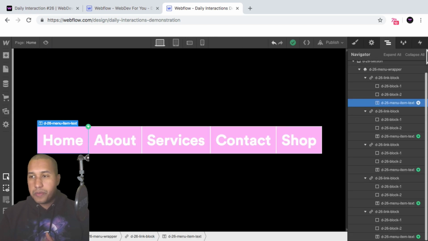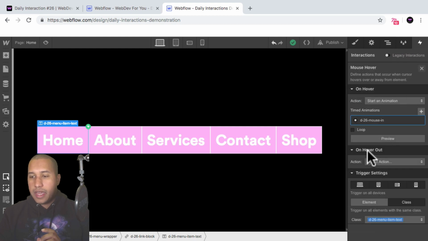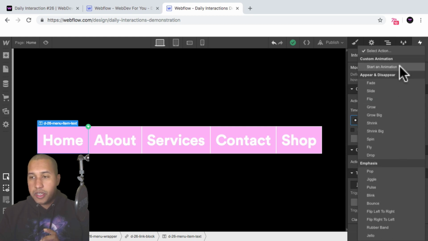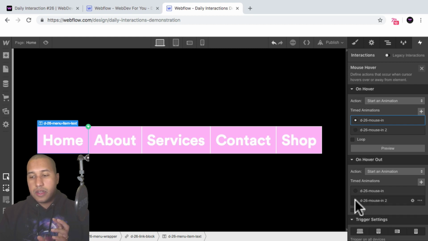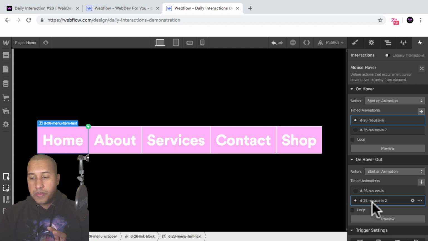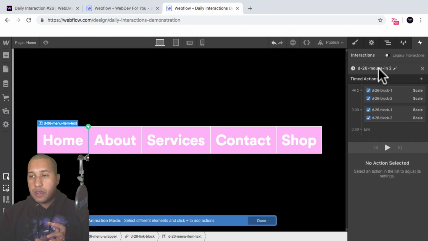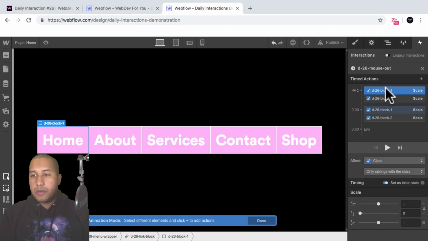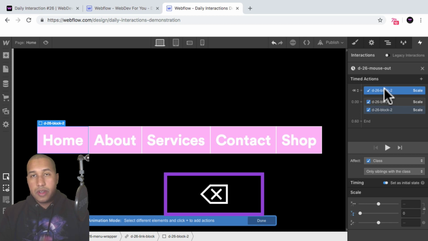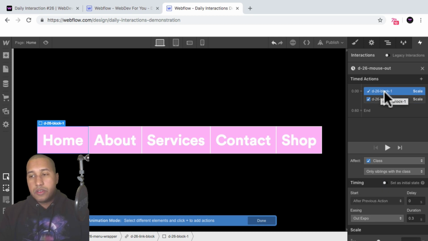So to do that, we'll go back into the interaction, and on hover out, we'll start an animation, and I'll duplicate the mouse in because it already has a lot of the properties we need. So I'll select the 3 dots, select duplicate, and I'll select D-26 mouse in 2, select it here. Looks good, and I'll rename this to D-26 mouse out. And we don't need initial states for the hover out because we already set those for the hover in. So I can just delete these first two initial states, and all we need to do for the scale is